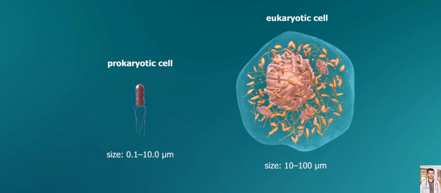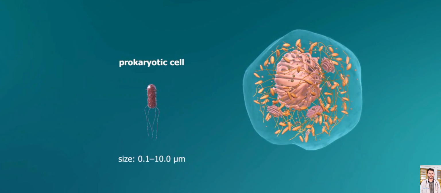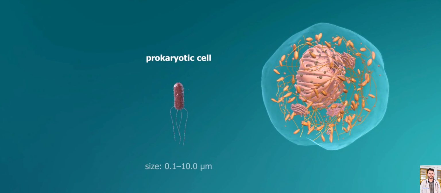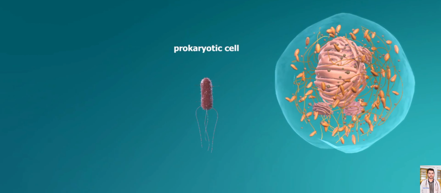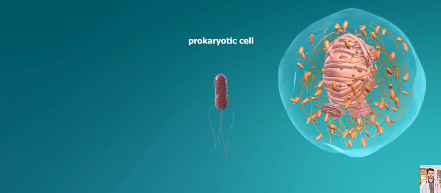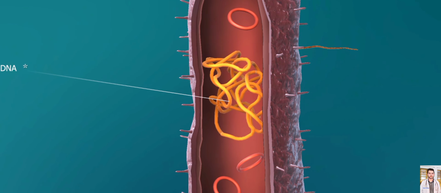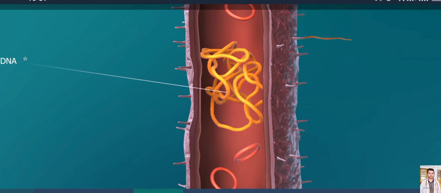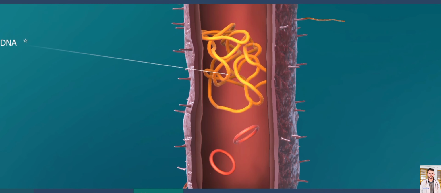that surrounds the cytoplasm. The membrane is selectively permeable and regulates the flow of nutrients and waste products in and out of the cell. Prokaryotic cells lack a true nucleus, and their DNA is located in a region called the nucleoid. The nucleoid is not enclosed by a membrane and is typically a single, circular molecule of DNA. Prokaryotic cells also contain smaller, circular DNA molecules called plasmids, which can be transferred between cells and often carry genes